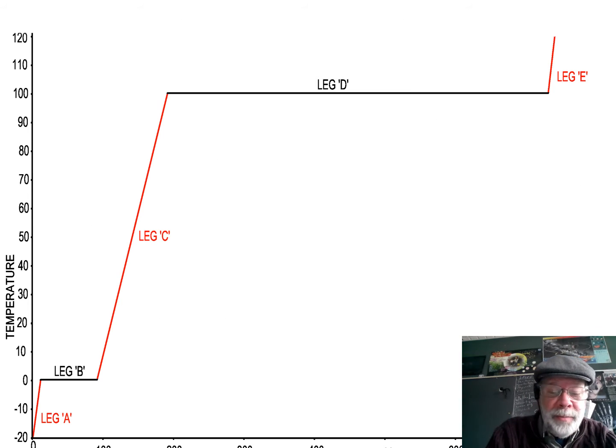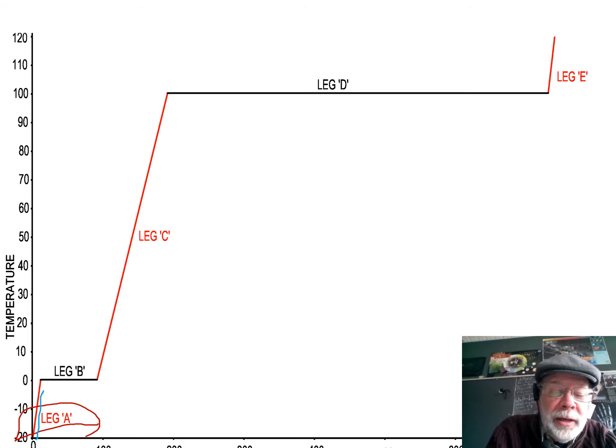So this diagram gives you a good understanding of things. Down here, leg A. All right, what's going on at leg A? All right, well, what we have is that this is ice. We're heating ice up. With the addition of a little bit of heat, the ice heats up very quickly, right? You see the temperature rise here.